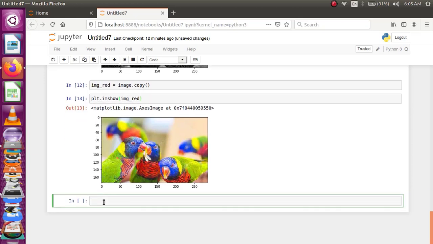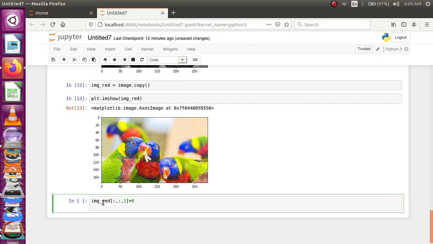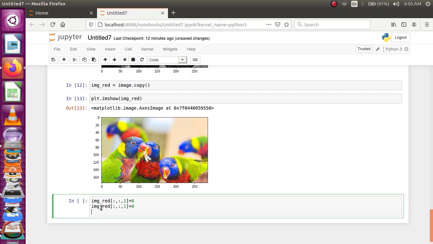So, to obtain the red channel image alone, image underscore red has all the 3 channels, but I am taking the intensity values as such and making the green channel 0. Similarly, next I am making the blue channel information 0. So what information will be present? The rest of the information will be only the red channel information.